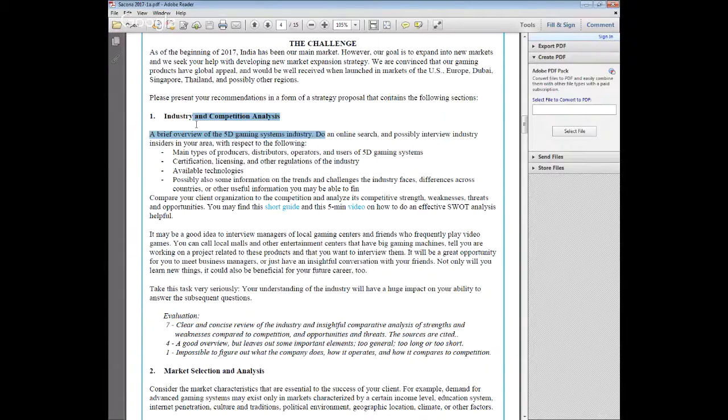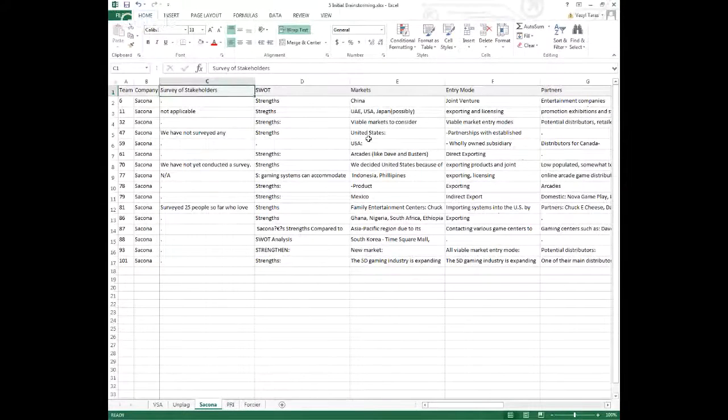And so again, we don't really require that all team members go and conduct a survey, but we encourage them to do it. And so if they do it, they will collect some useful data. It will allow them to better understand how their potential customers think, and that hopefully will allow them to create better market entry and marketing plans. And so those are the questions, and those questions will appear in your file in the form of an Excel file with a separate column for each of the questions and a separate row for each of the teams.